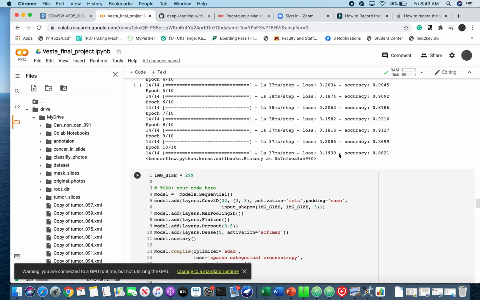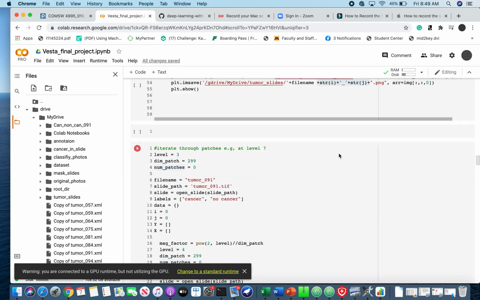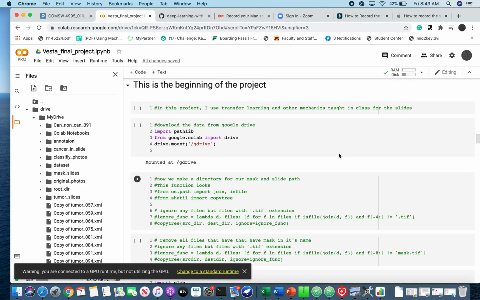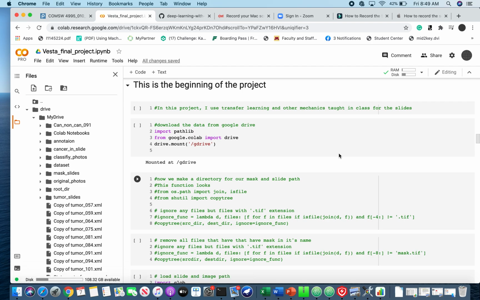But next time if I'm doing this, what I learned from this is you have to get a good data set, and make sure you don't go too deep in a slide, because you will not get every slide as a tumor. So it's always going to be more negative than positive, which is not going to give you a good prediction. That was one of the things that I learned from this project, and how to work with image